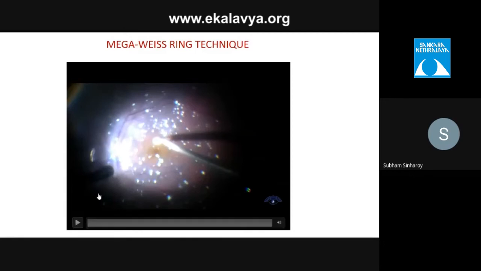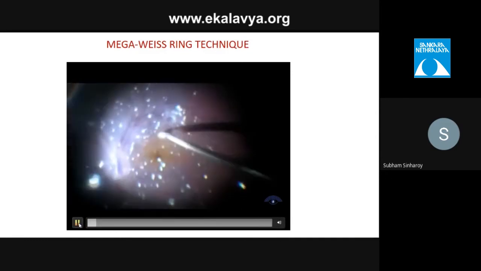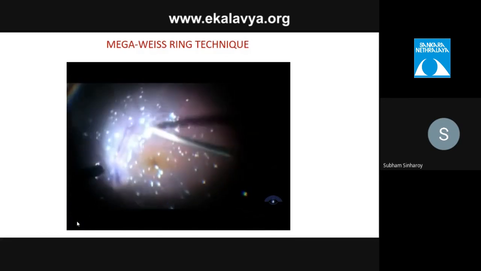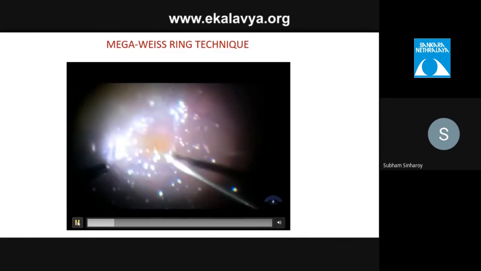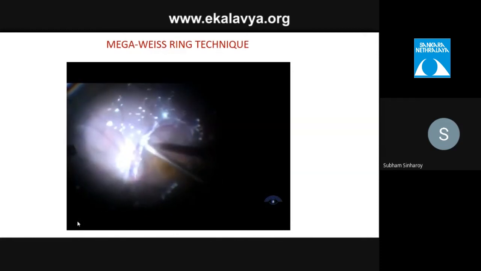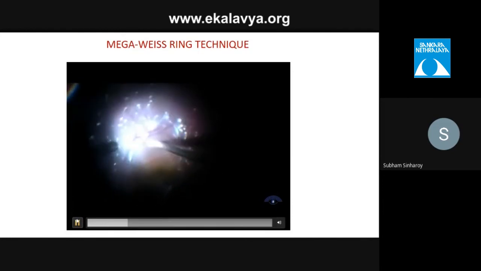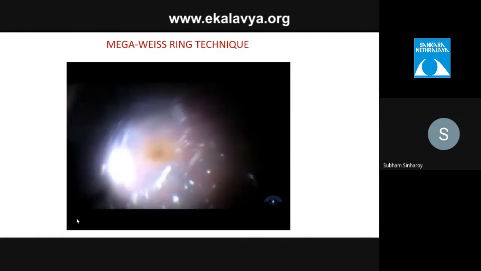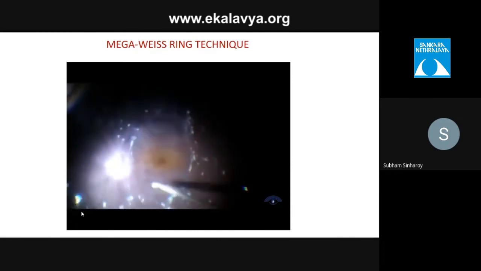With the help of a diamond scraper, they brush up the posterior hyaloid. You can see they are trying to debride the posterior hyaloid just to make an opening. In every direction, they repeat the maneuver. Now they are working downwards to enlarge the opening they created. As they have created a large opening, they call it a mega Weiss ring because the dimensions are quite bigger than what you see in the Weiss ring.